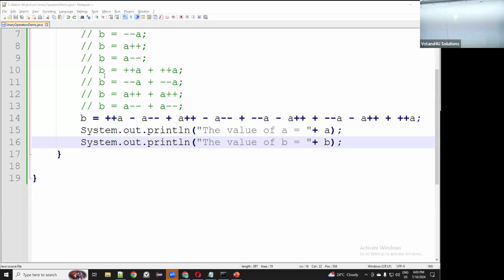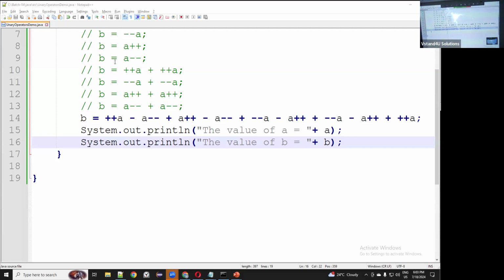Let me share the screen. If you look, this is what the code is. Check the equation: plus plus a minus minus plus a plus plus minus a minus minus plus a plus plus minus a minus a plus plus a. This is what the equation is.